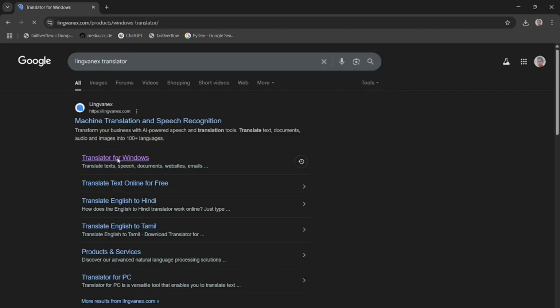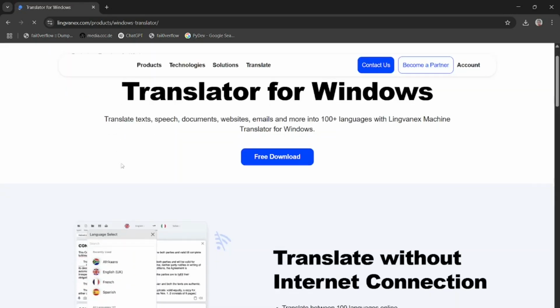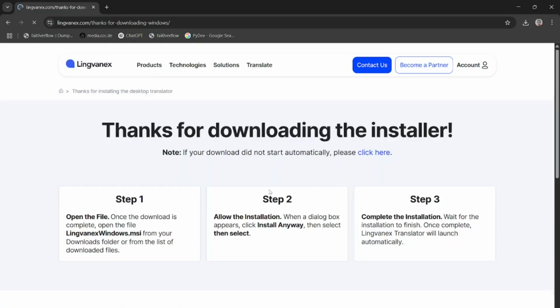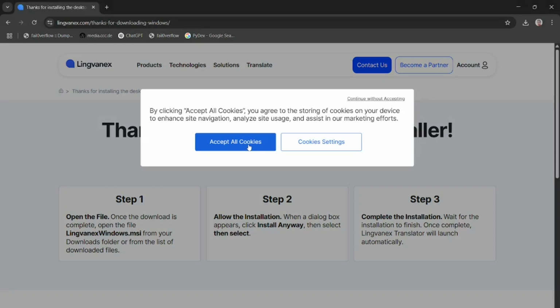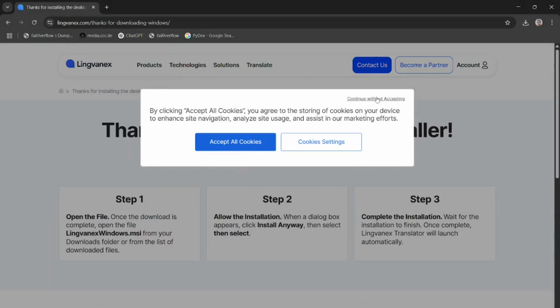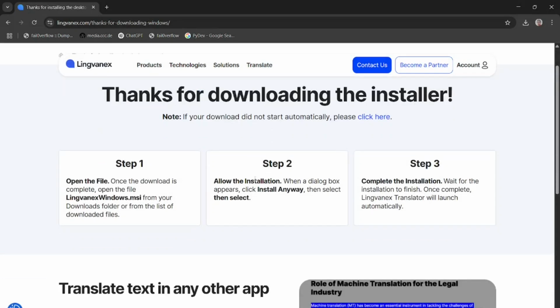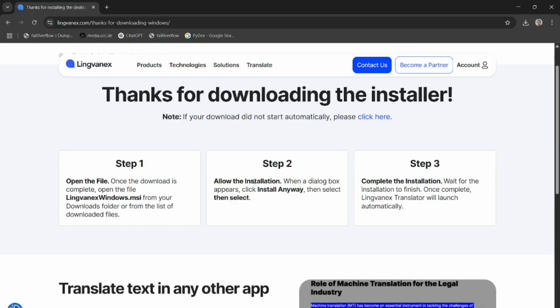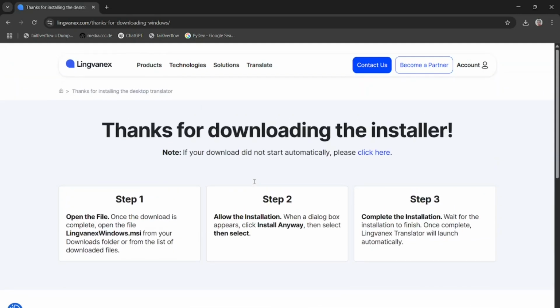Click this link. When you click this link, here you will find free download. Click this free download button. When you click this free download button, if your Lingvanex software is not downloading, click here